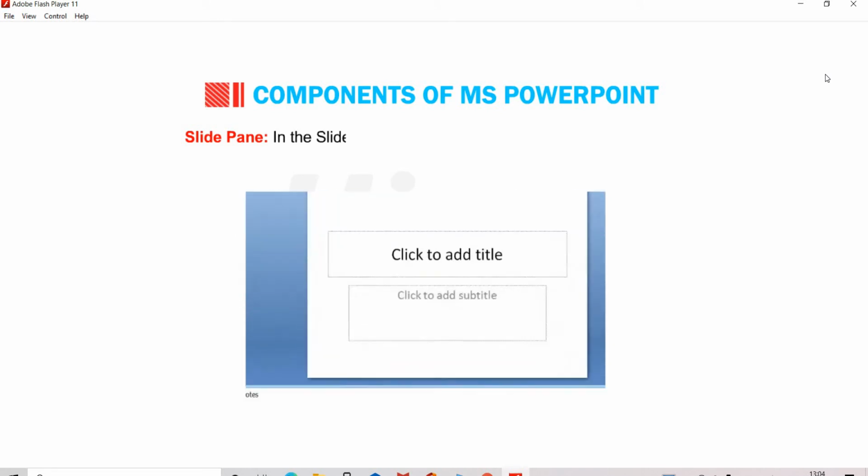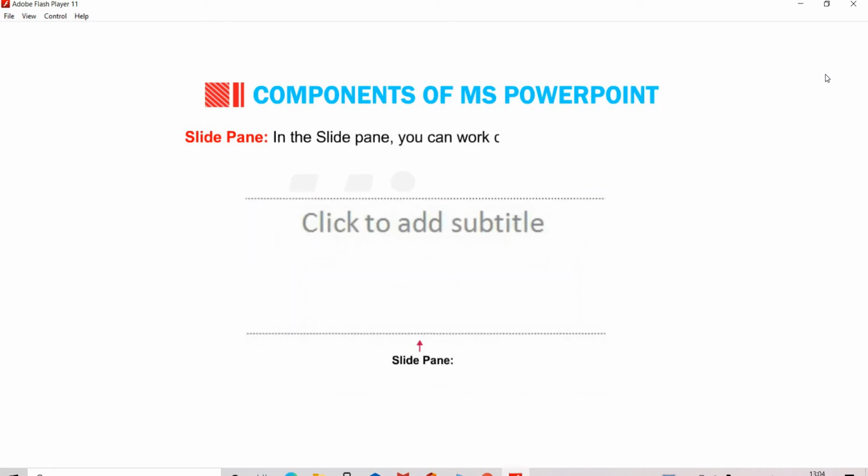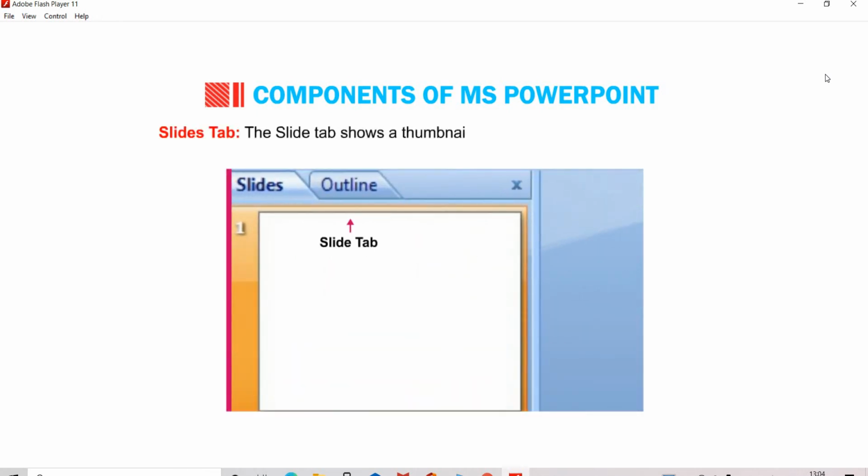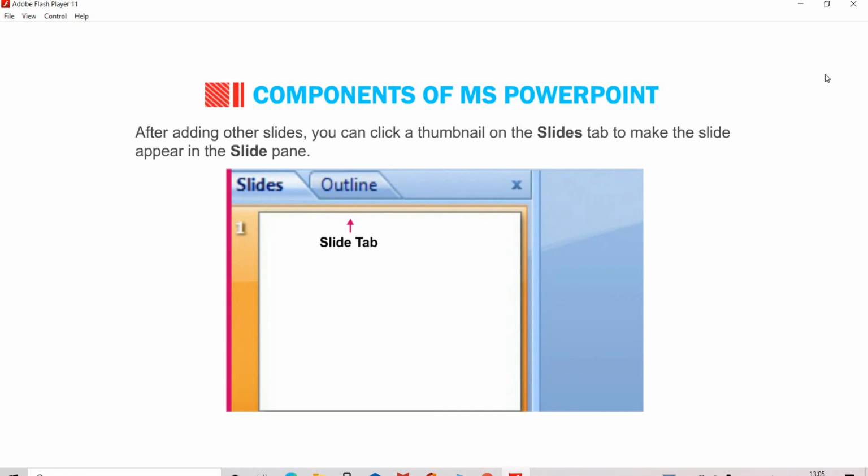Then we have the slide pane, where you can work directly on individual slides. We have the Slides tab, which shows a thumbnail version of each slide shown in the slide pane. After adding other slides, you can click a thumbnail on the Slides tab to make the slide appear in the slide pane.